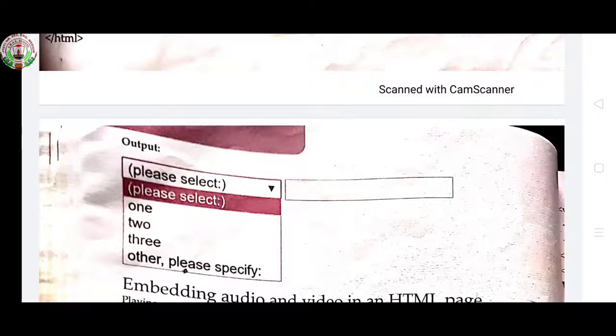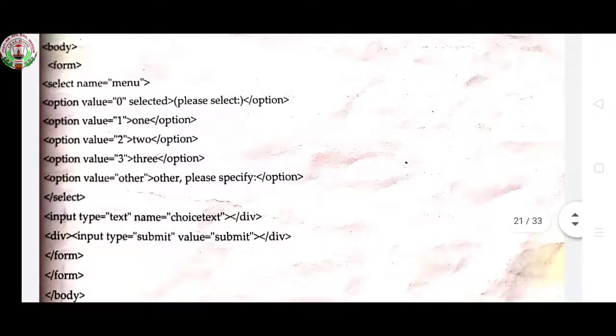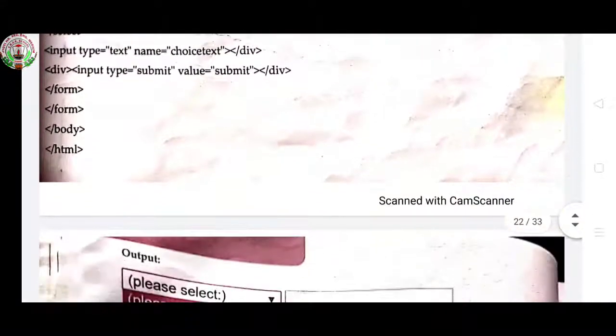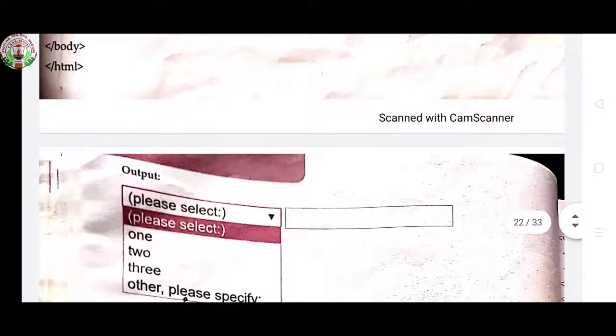So these are some tags I have shown you with examples, that whenever we want a form in our HTML, we can create a form in our website. And in the website you can design a form, name, text box. How can we create a text box? We have learned list, combo box, radio button, check box, button. So these are some tags which we have learned to create a form in a website.